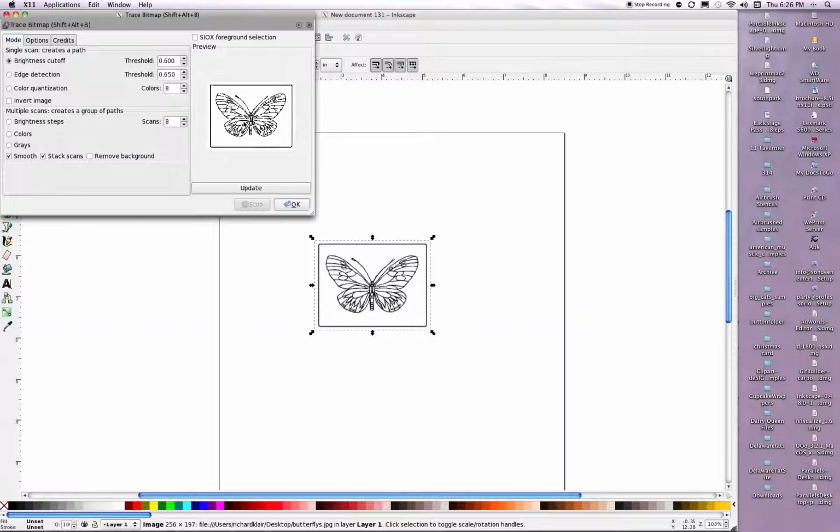and you shouldn't have seen that, but I've traced it recently. So go up to brightness cutoff and make sure it's selected, and keep the threshold. By default it's at 0.450. Bump it up to about 0.60. Hit update, it'll show you on the screen, and then after you know that it's on the screen, go ahead